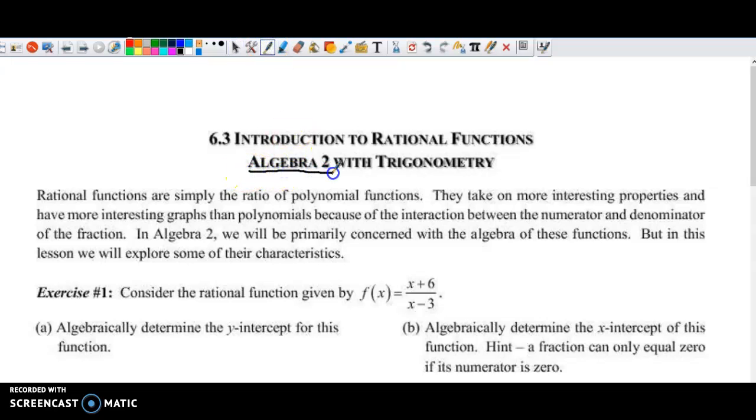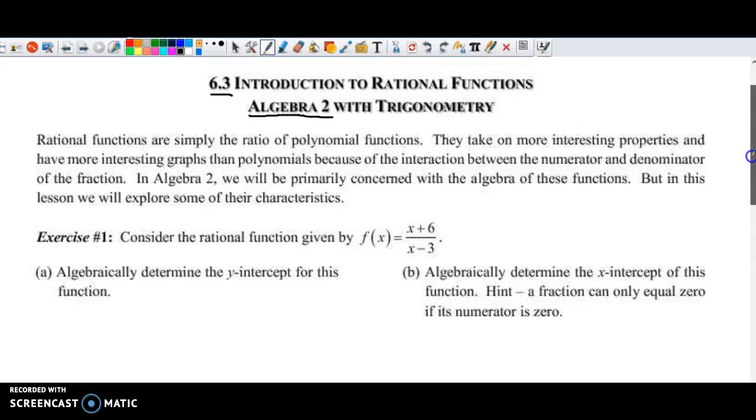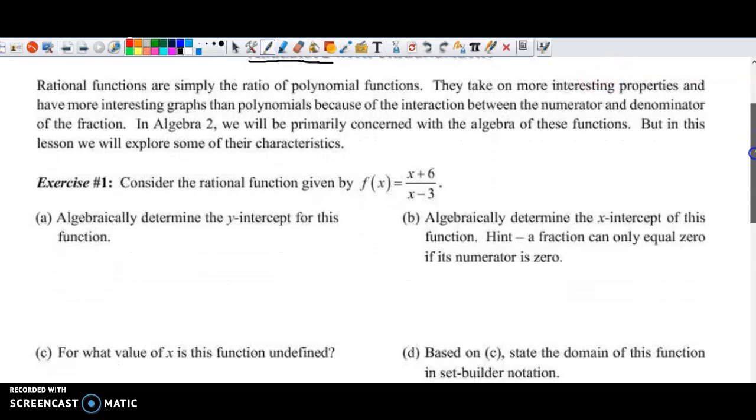Welcome back, Algebra 2. We're going to look at 6.3 with the introduction to rational functions. And in case you didn't know, the word rational comes from ratio, which means something over something else. So that sort of changes it. I don't know if you've ever heard of a ratio, but that's what it is. So you can see that this is a rational function right off the bat because we have something over something